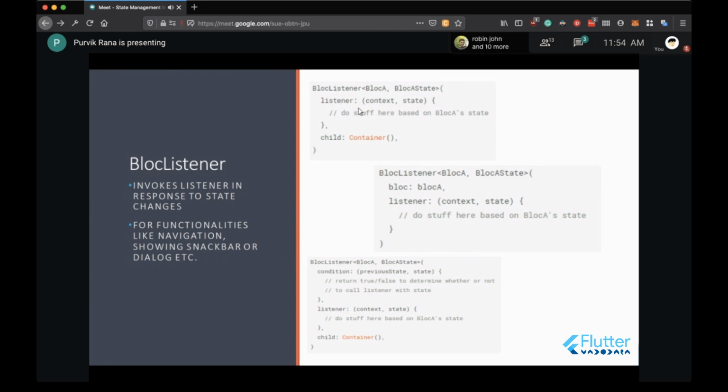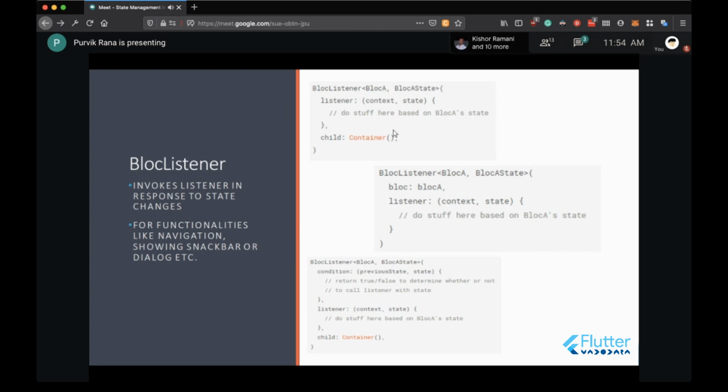You do not have to change the UI using the block builder, but you can easily redirect the user to a different screen by using the block listener. It listens for state changes and presents a snackbar, dialogue, or user redirection for the application.